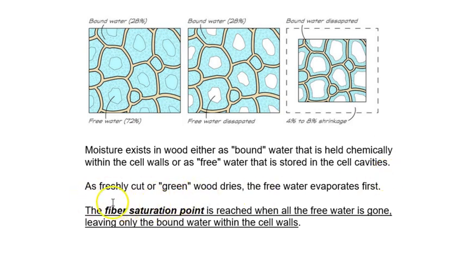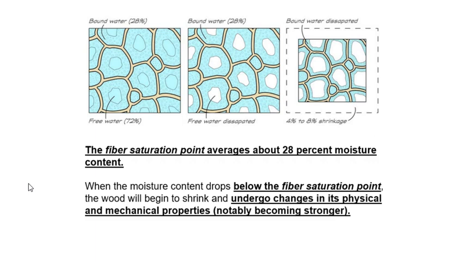Here's a very important point, the fiber saturation point. That is reached when all of that water is gone, leaving only the bound water in the cell. So here's the bound water, the green that remains. The free water is the first that dissipates. When all that's gone, it's reached its fiber saturation point. All right, the fiber saturation point averages about 28